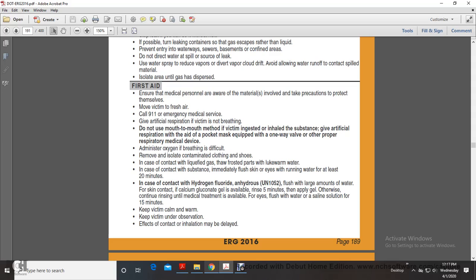Administer oxygen if breathing is difficult. Remove and isolate contaminated clothing. For contact with liquefied gas, thaw frosted parts with lukewarm water. In case of contact with the substance, immediately flush with running water for at least 20 minutes. In case of contact with hydrogen fluoride and anhydrous substances,